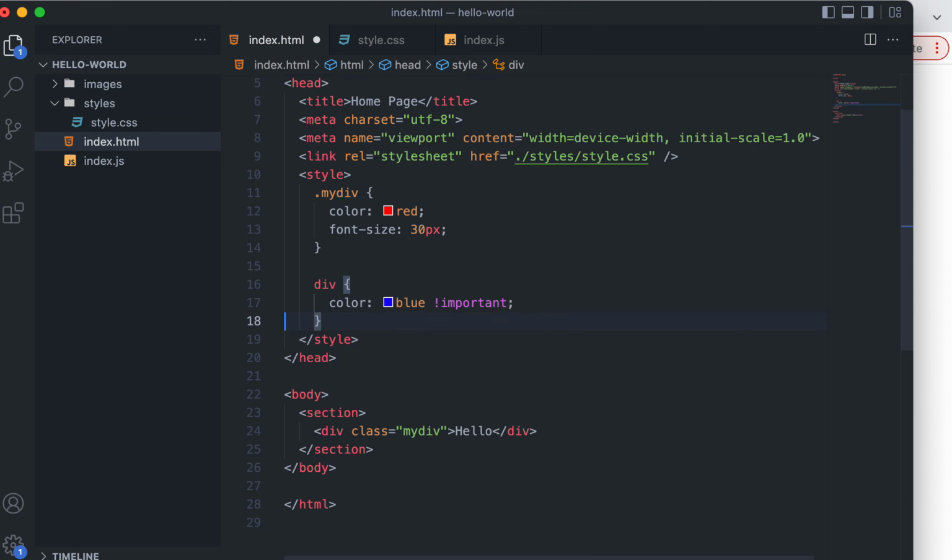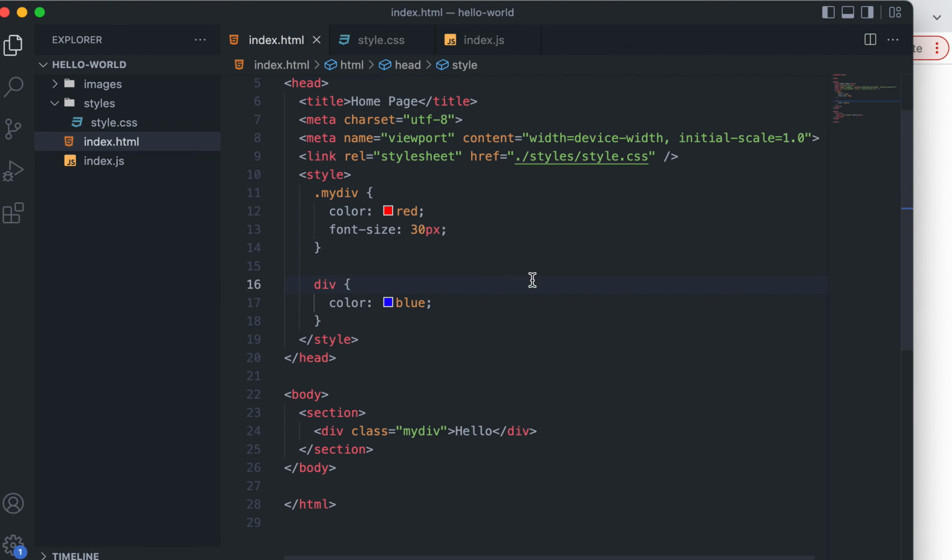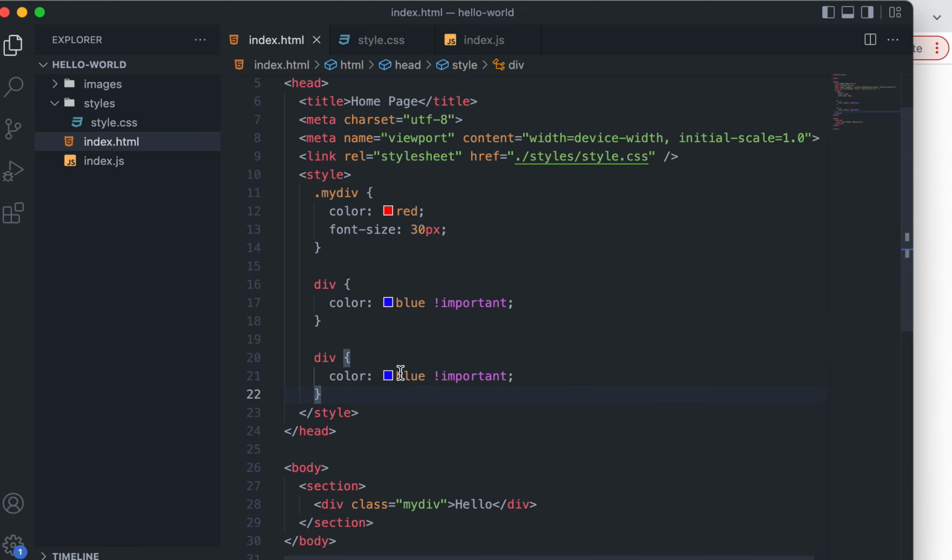So if I write, let's say color is blue, and then obviously this thing was not being taken care of, right? But if I write important, then obviously now it is blue. But if I write again something like this, and then here I take green, then this important will actually override this important, because its specificity is same, like 001 001, right?